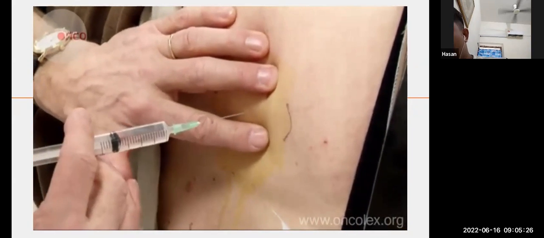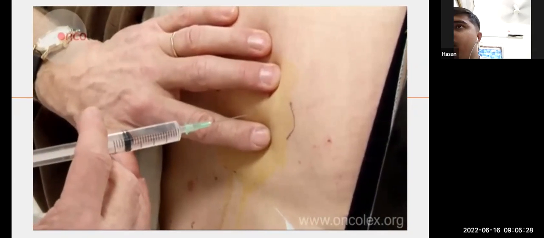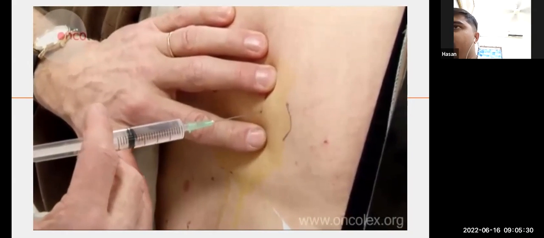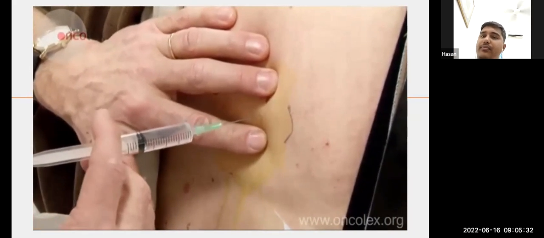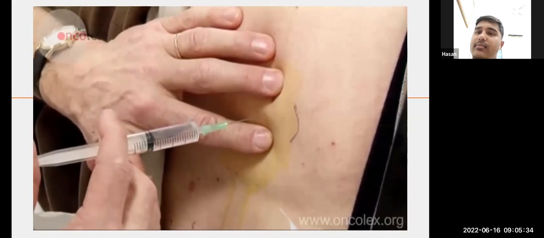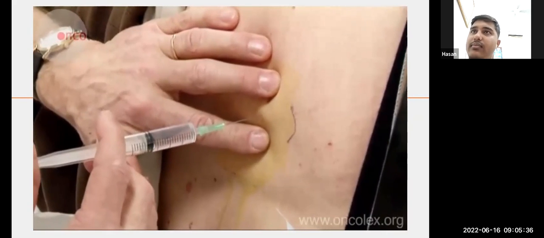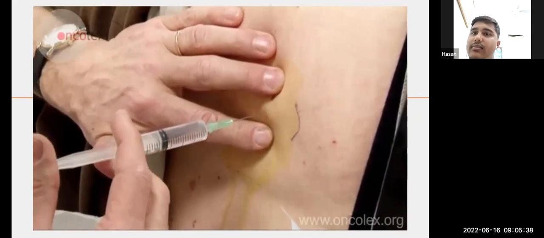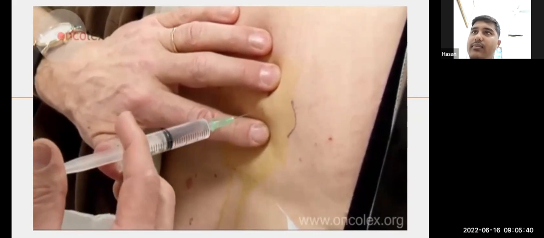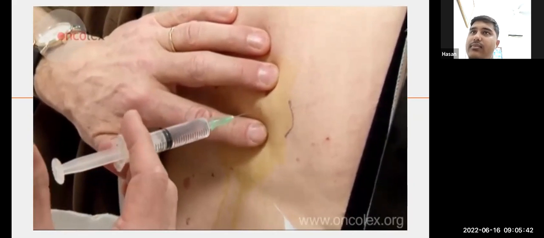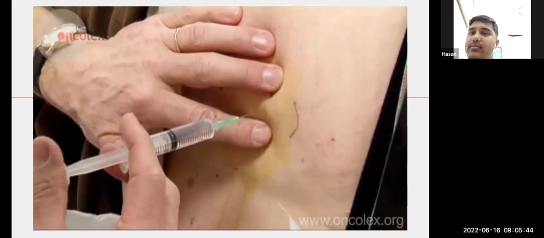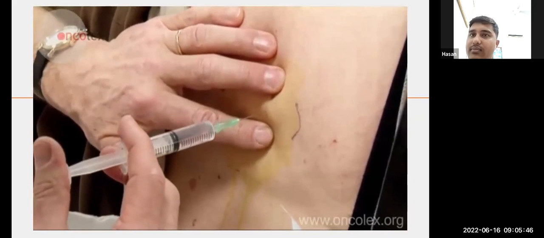Correct placement of local anesthesia is important for how the patient experiences the procedure. 10 milliliters of xylocaine with 10 milligrams per milliliter of adrenaline is normally used. When the needle reaches the periosteum, the anesthesia is given time to work before the numbed area is expanded by angling the needle in 4 directions.